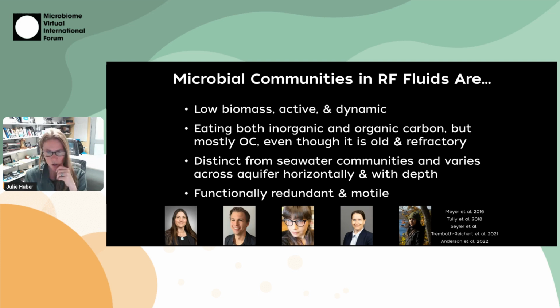We can show that if we feed them a labeled substrate, they eat it. And we have done a bunch of time series work showing that they're scooting around within the aquifer and moving about. They're highly motile. We can see that they're eating both inorganic and organic carbon, but this is mostly a heterotrophic lifestyle, despite the fact that the carbon down there is old and kind of refractory compared to surface